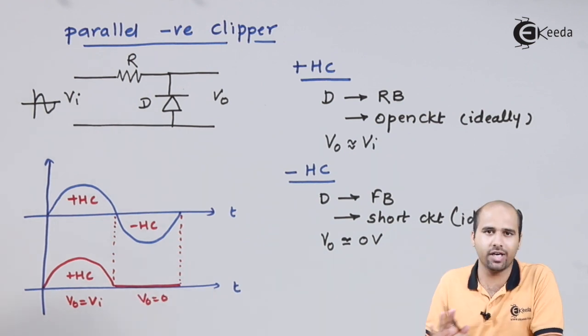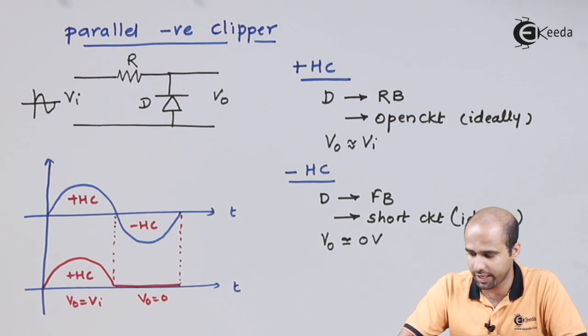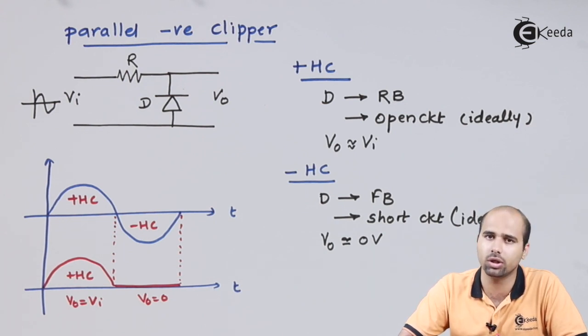So this is how we have learned all the types of clipper circuit. In the next video we will learn some complications in the clipper circuit so that we can easily solve any kind of numerical. And now this is the time where we'll understand the shortcut to identify the type of clipper circuit just by observing the orientation of the diode and the resistance.